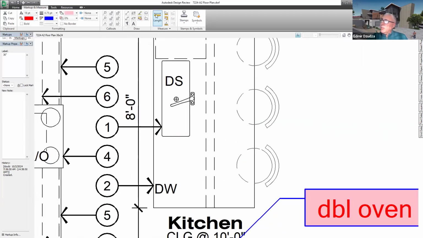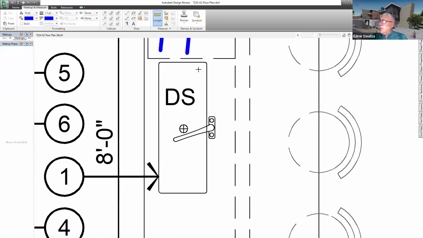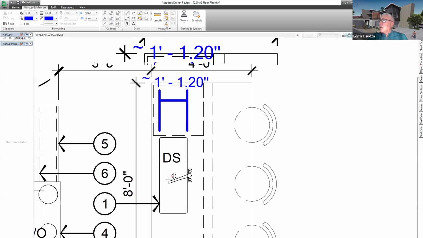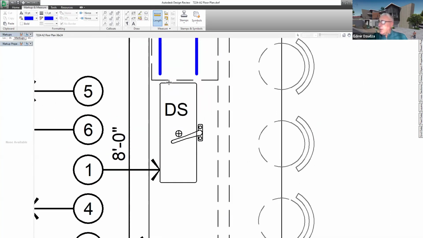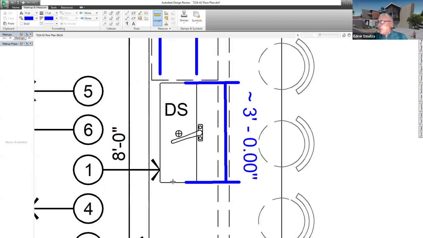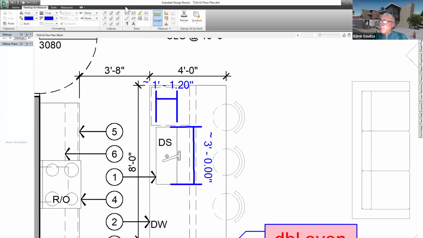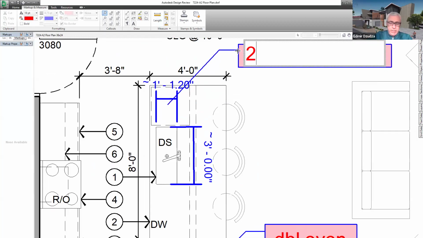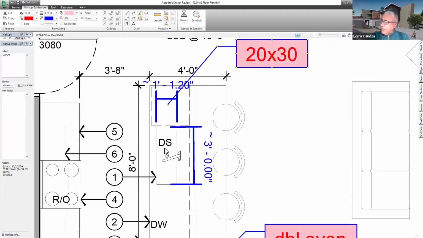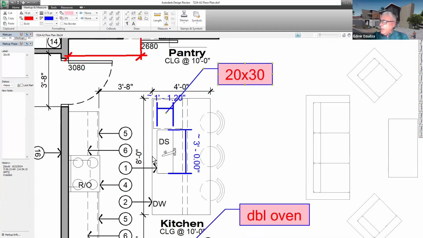This kind of sink looks weird in dimension. This is really narrow. I think this dimension is about 20 by 30 inches. So please update it because it looks really odd. I don't know what is